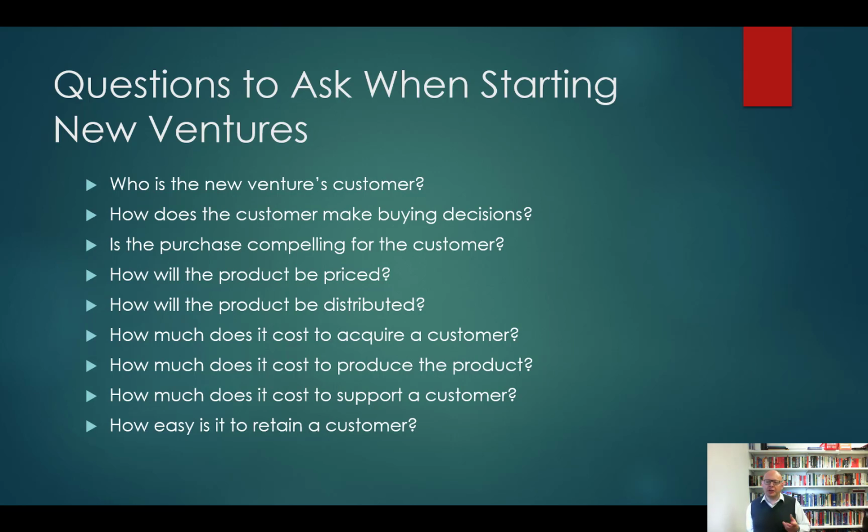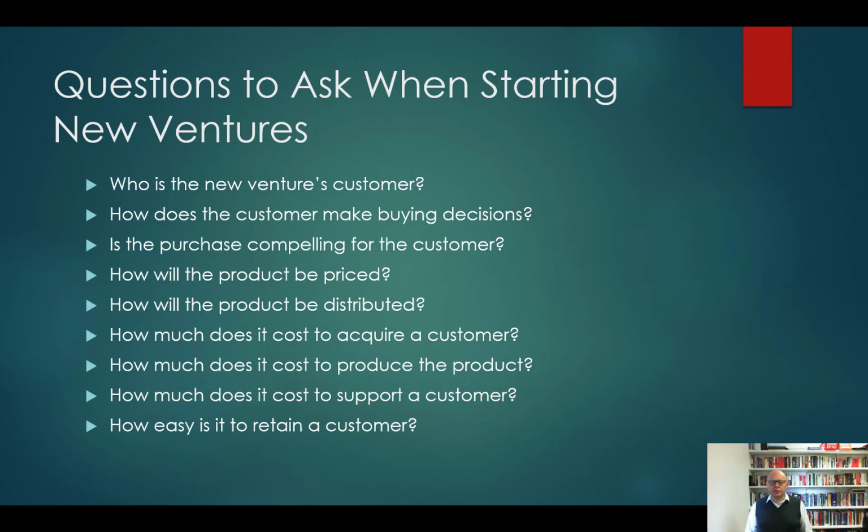What is the underlying need that is driving that purchase? And how do they make the decision? How do they decide to buy our product relative to other products? What influences that decision process? Do they make the decision on their own? Are they influenced by family and friends? Is price a critical part of the decision process for the individual consumer? Is the product itself compelling? Is there enough reason for the consumer to stop purchasing their existing products and start purchasing new products to use within their organisation?